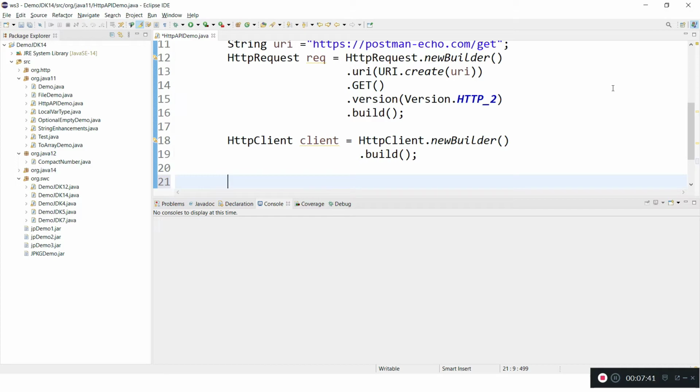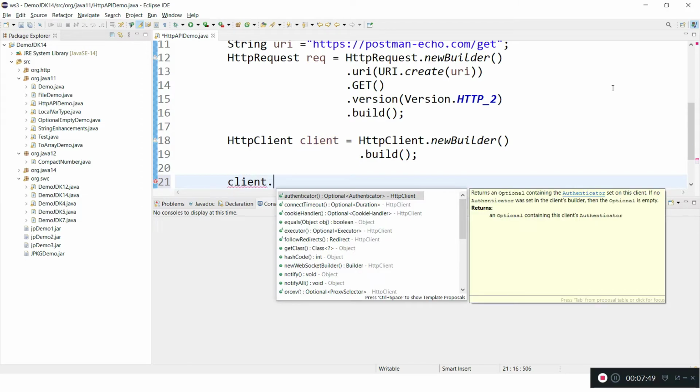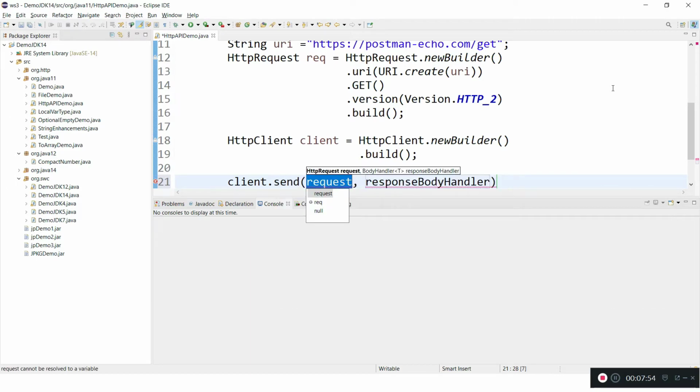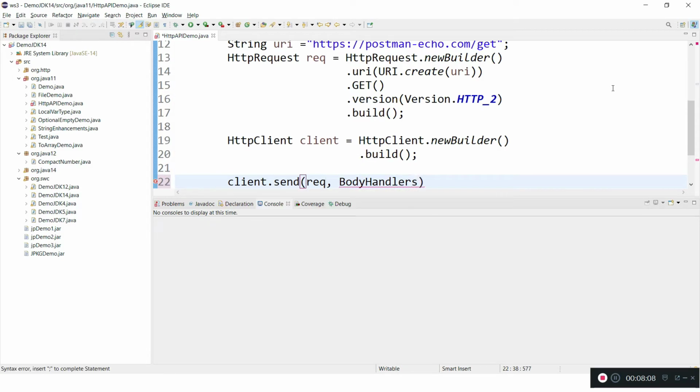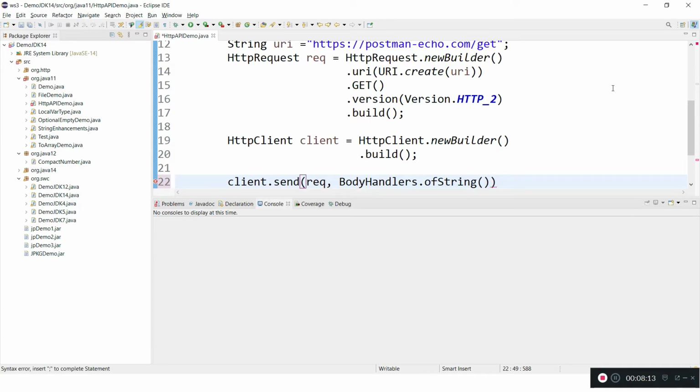Now we will launch the request. I mean client dot send, yeah, this method we will use. Here we have to give the request, so we already built the request object. We are passing the request, then the response body handler. So we'll see BodyHandlers. We will take this BodyHandlers class, and from that we use string. So the response body we are taking as of type string,